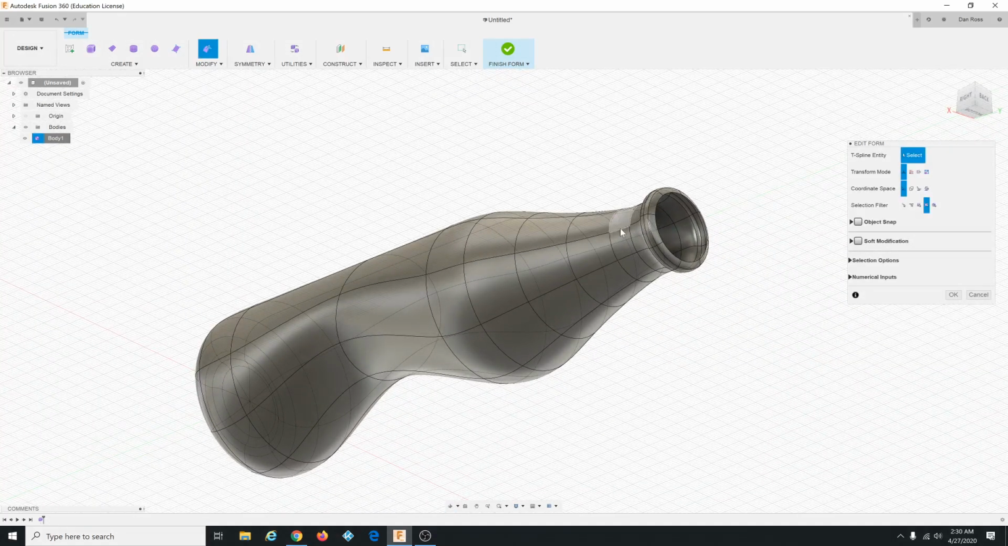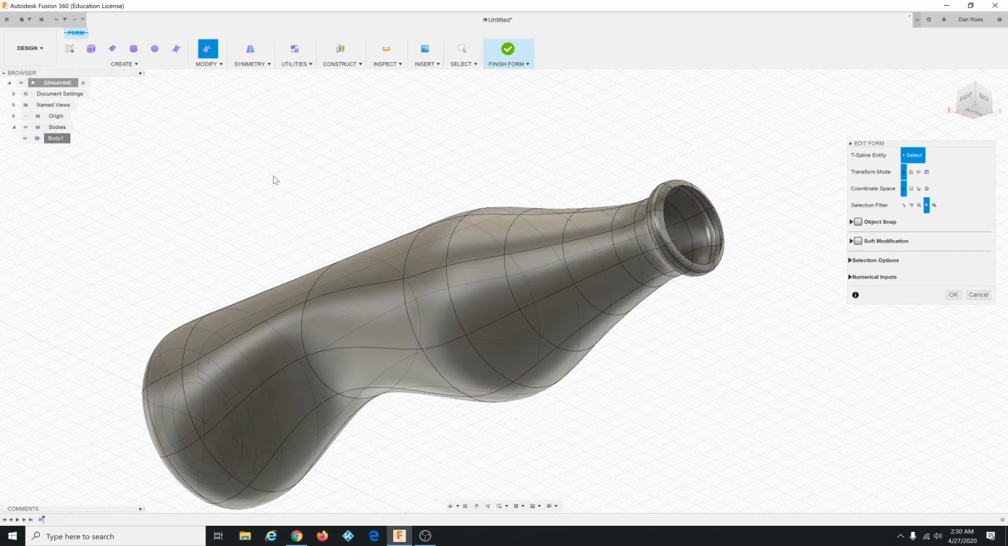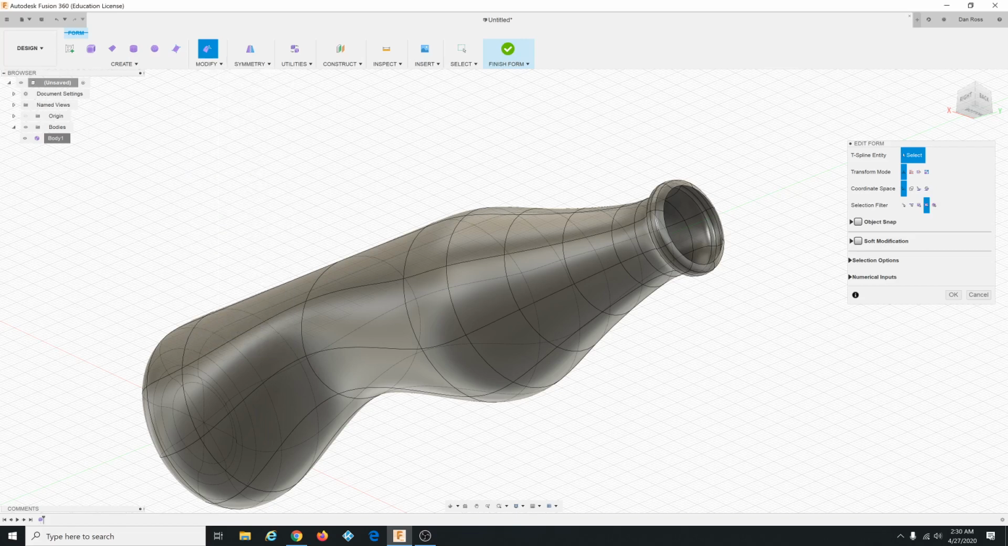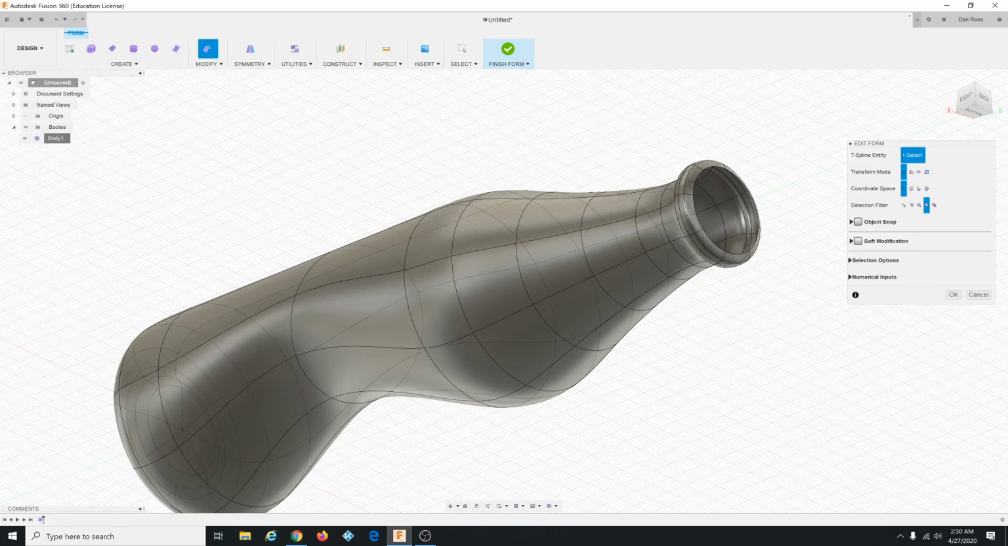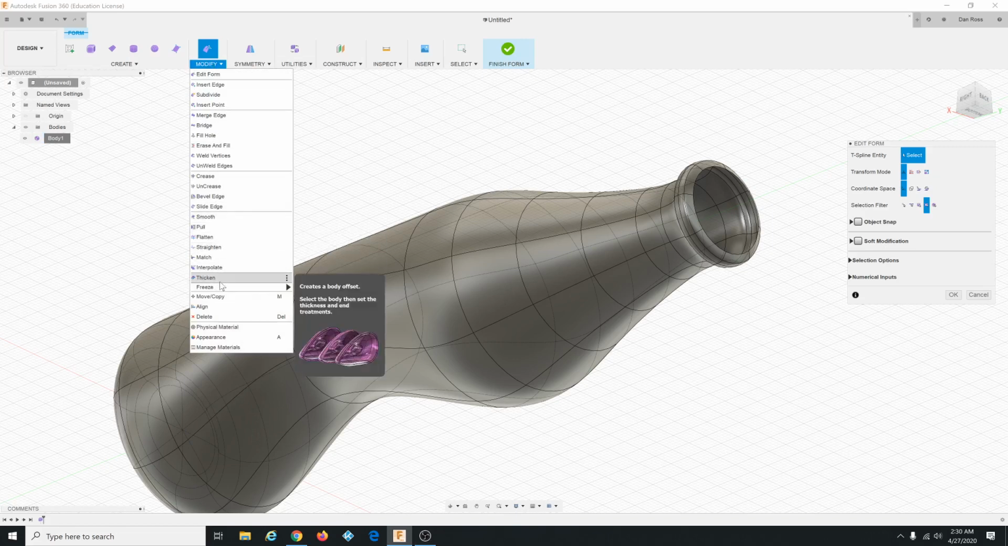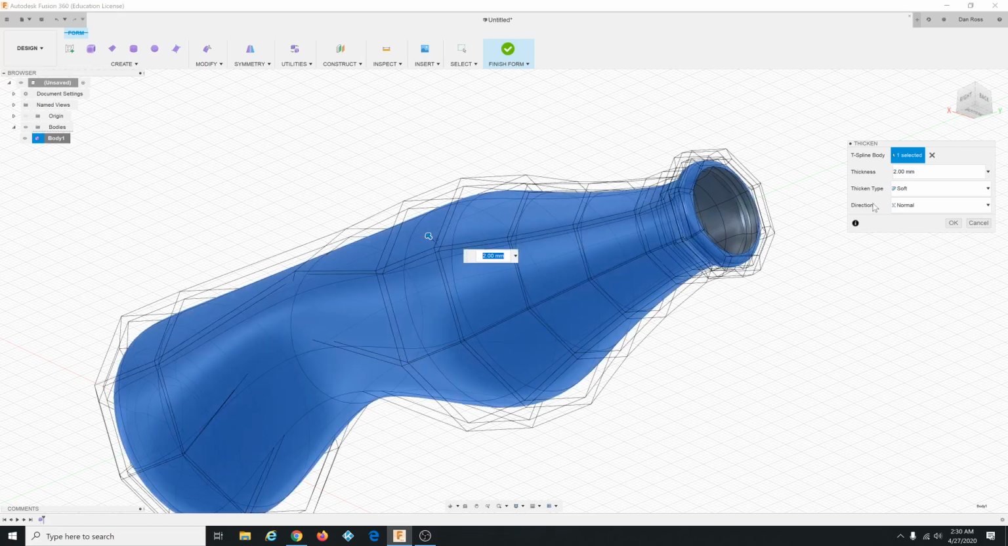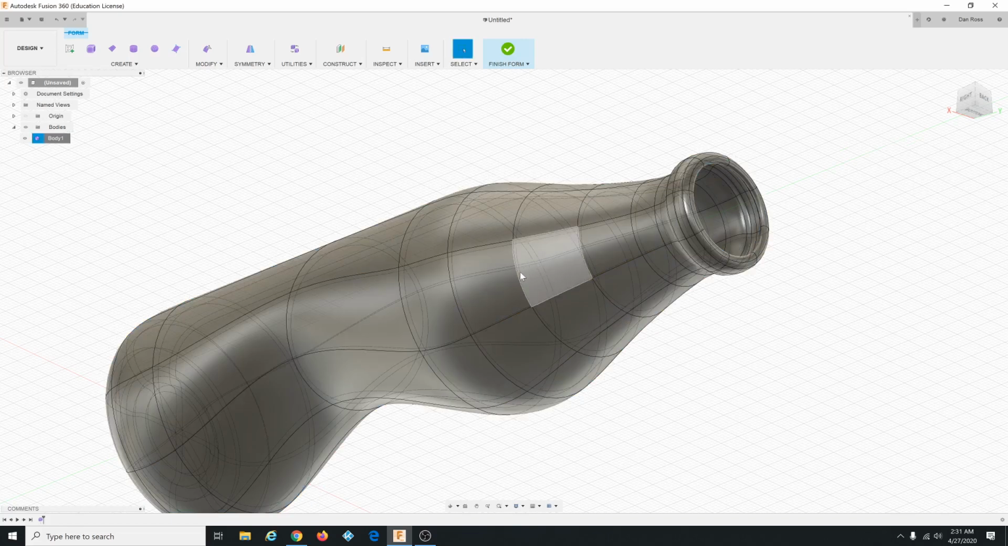Okay, now it still doesn't enclose a volume, so we need to, what is the command? It's thicken. It's modify thicken, which is like an offset. Okay, then you click this thing for everything. Thickness is 2. Thickness type is soft. Direction normal. Okay, and it does this, so it offset the surface,